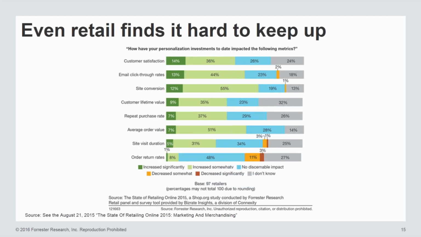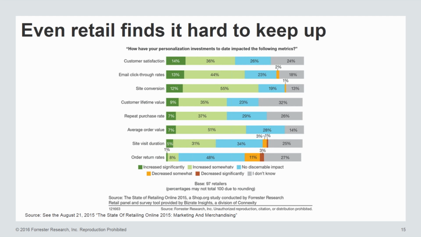Retailers are finding it hard to keep up with all the different investments they're making and attributing that back to success against specific metrics. We picked personalization for this specific question. We asked 97 retailers, how have your personalization investments to date impacted the following metrics? The only way we can track that is if they feel that it has actually increased their ability to drive success within that metric. It's too hard to get more granular than that,